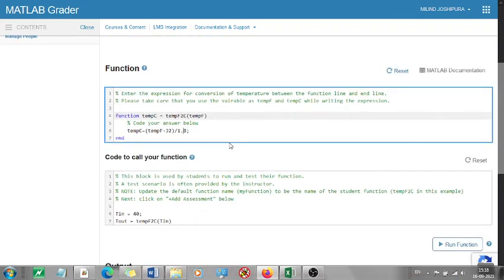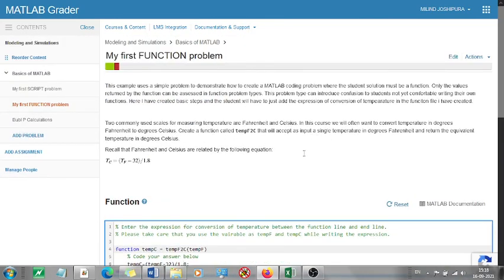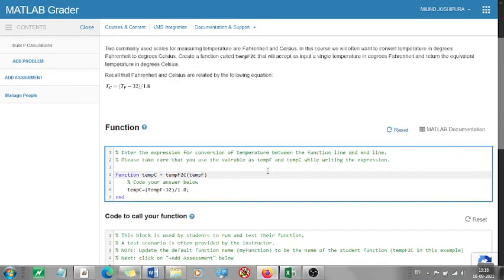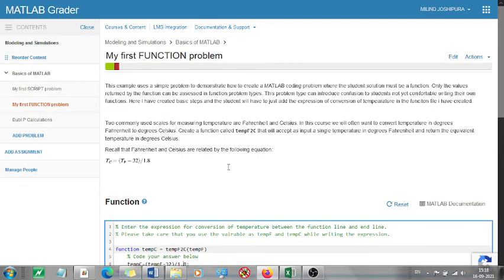So this is how you can learn MATLAB online through MATLAB Grader, and the best part for me is that when you submit this, it will be automatically graded. I hope you'll be able to solve these two problems. In the meantime, I'll generate the third and you just submit this. So this will clarify how to use MATLAB Grader from the student perspective. Alright, thank you.